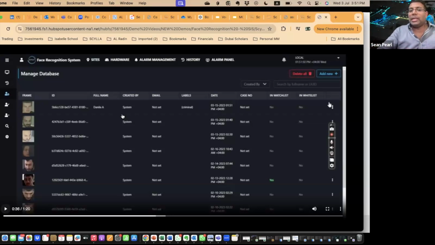So bear in mind that this person is just a random person that's come in. I don't have him on my database, nothing. But with this ID that he's been tagged with, I can actually get insights into, is this a unique visitor? Has he come just once? Or if this same person walks into my store today and walks into the store, let's say, a week later, he's still picked up under the same ID. So I can pull out so many different statistics. I can tell who my unique visitors are. I can tell who my repeating visitors are.